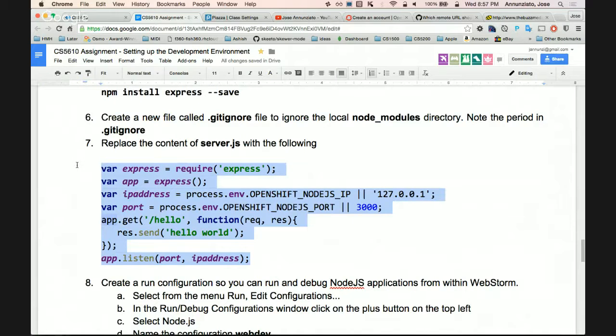This is a way to make sure that it's working locally and it's working remotely. It's a very trivial set of lines to make sure that now you're ready to start really developing.